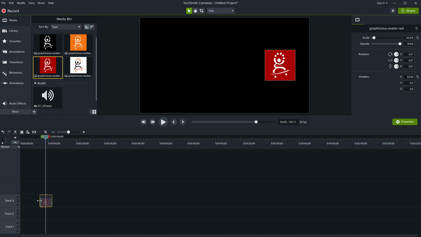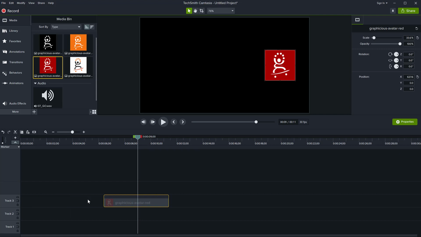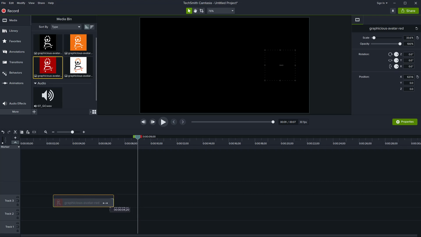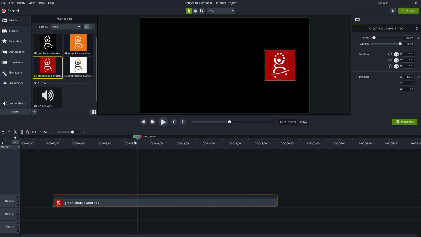So let's exemplify this. I am going to zoom in, control and mouse wheel, and this is my object on the timeline. It's an image, so I can change the duration of this with no problem. So it's going to stay on the timeline as long as I want. At the moment, it's starting from 0 to about 16 seconds. So if I play it, you will see there's nothing happening because there's no animation added to my clip.